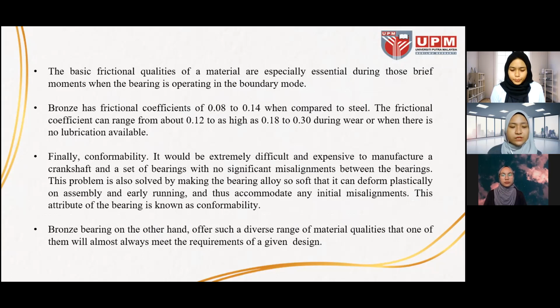Next is the basic frictional qualities of a material, which are especially essential during those brief moments when the bearing is operating in the boundary mode. Bronze has a frictional coefficient of 0.08 to 0.14 when compared to steel. The frictional coefficient can range from about 0.12 to as high as 0.18 to 0.3 during wear or when there is no lubrication available. So finally is conformability, which is that it would be extremely difficult and expensive to manufacture a